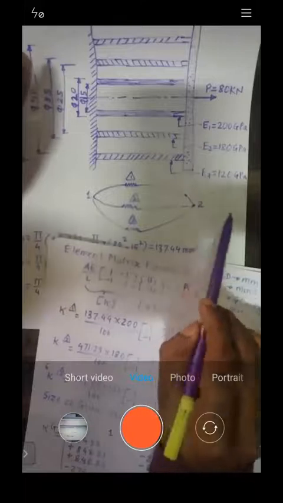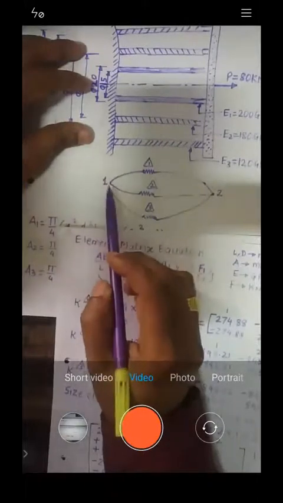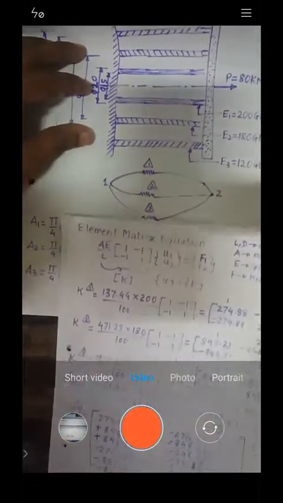As per the principle, for every action there will be an equal and opposite reaction. So what is the reaction produced at node 1? It is obviously 80 kilonewton, but in the left-hand side direction. If you put this value of F2 as positive, then the reaction at node 1 should be negative. So how to calculate that value? It should come as minus 80 only, so let's see whether it is coming or not.